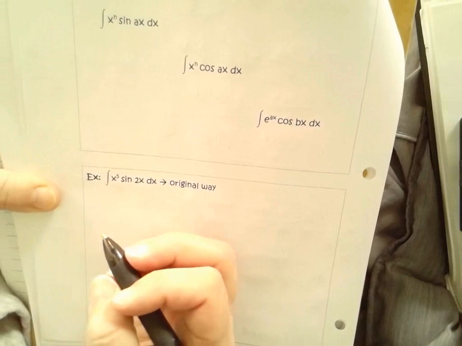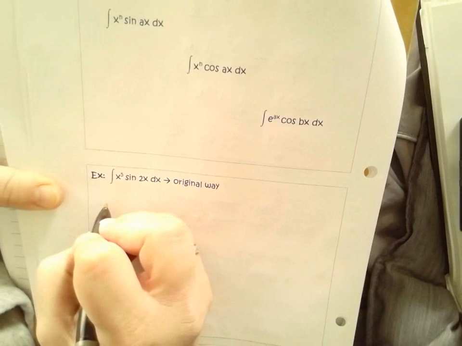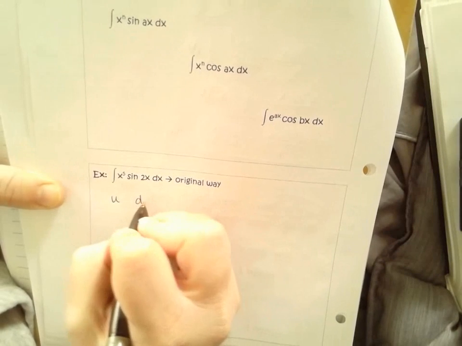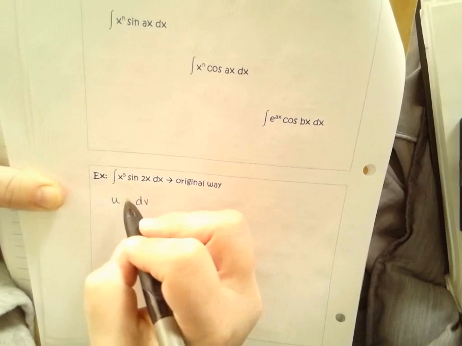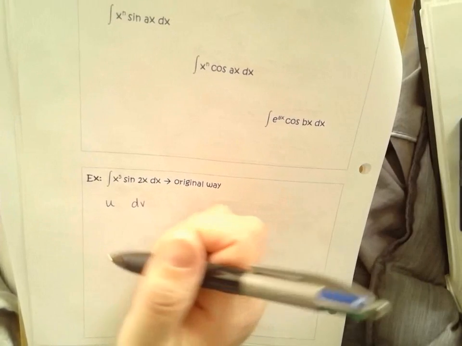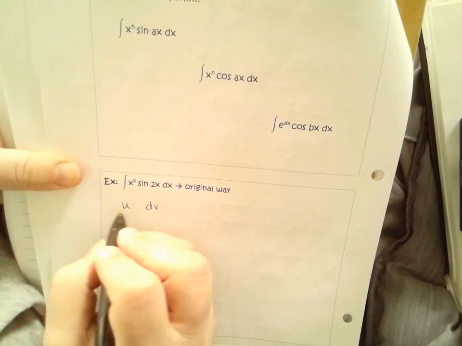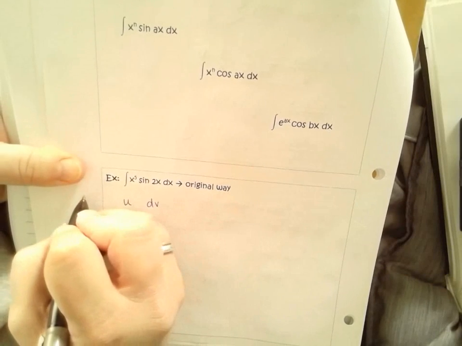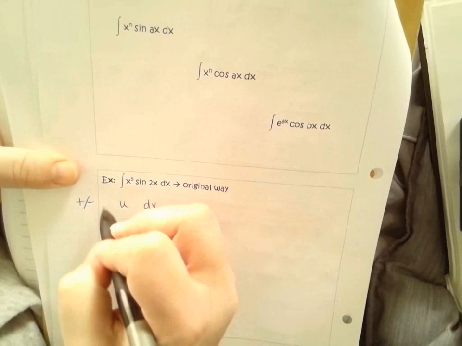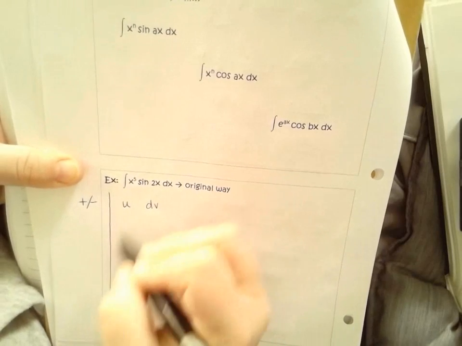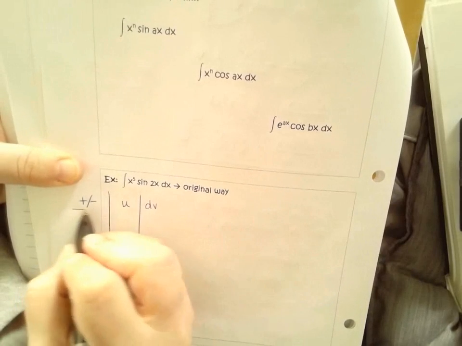So the tabular method is going to look like this. We are going to have u and dv assigned, okay? The first, actually, and I should have written it already, but the first column is for a plus or minus, because if you remember, every time we do this process,